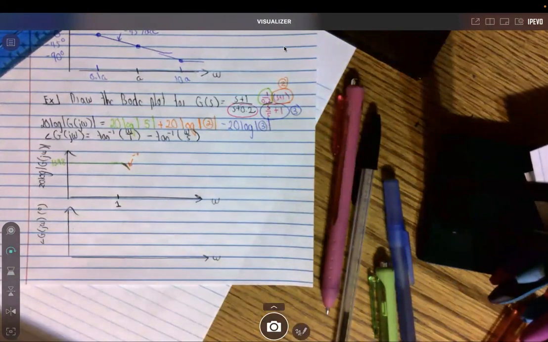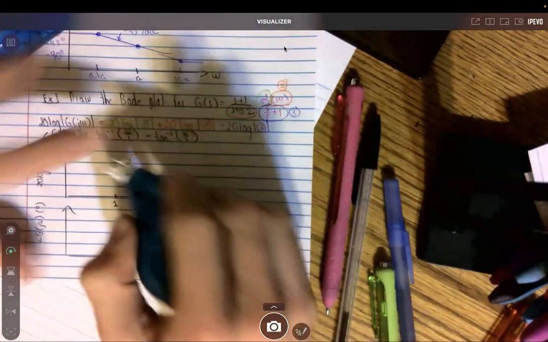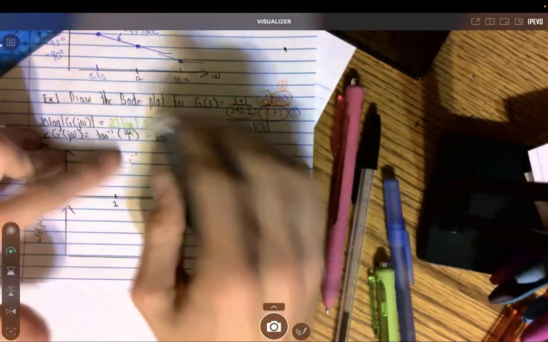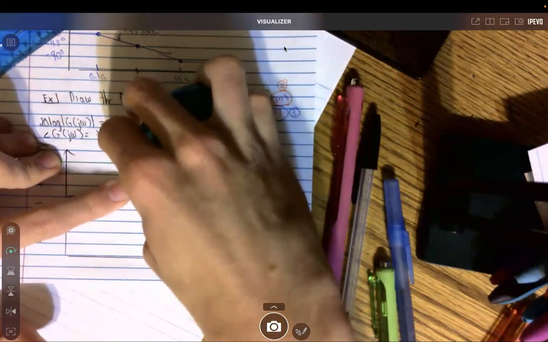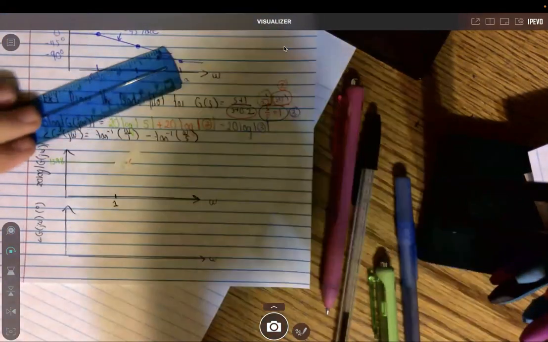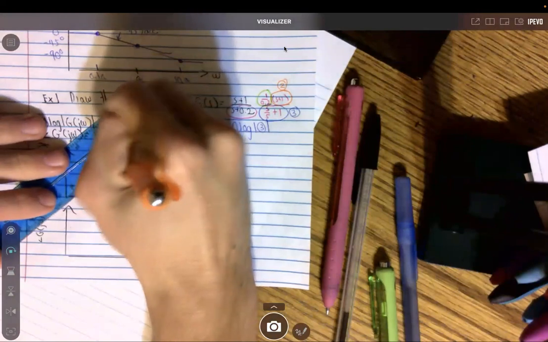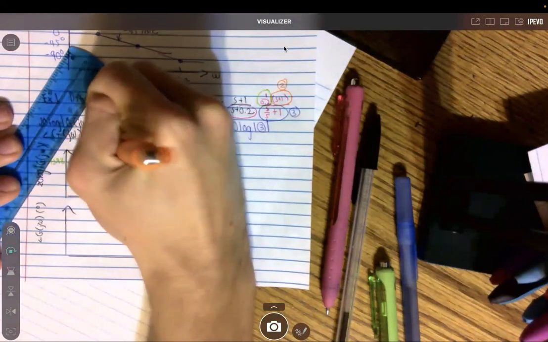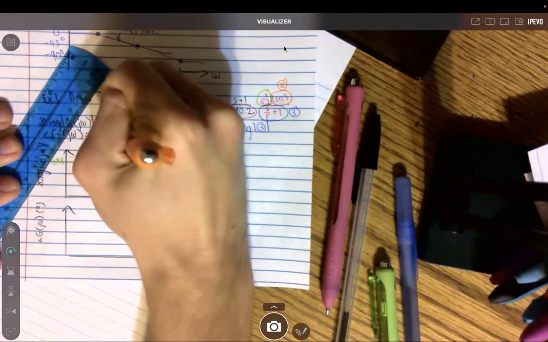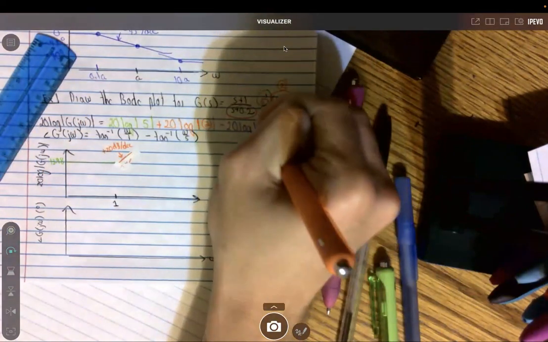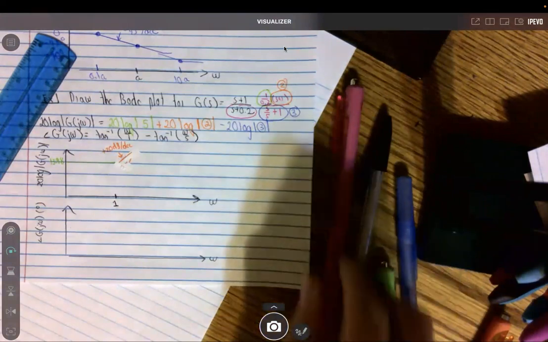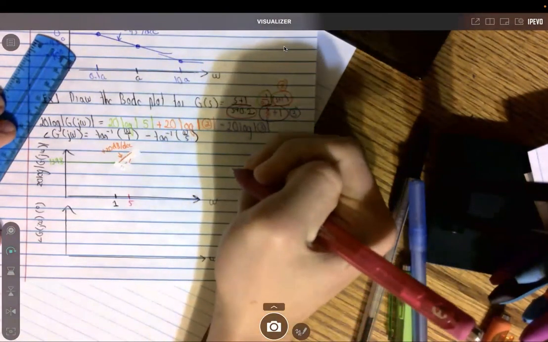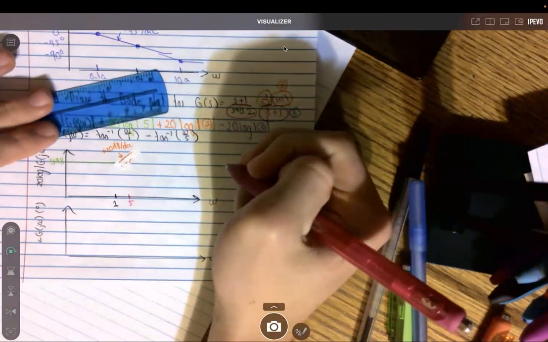So it's going to increment by 20 decibels per decade. Notice that zeros, remember, they're plus 20 log per decade. So at this point, it's going to start increasing at positive 20 dB per decade. But then once it hits omega equal to 5 here, then it's going to